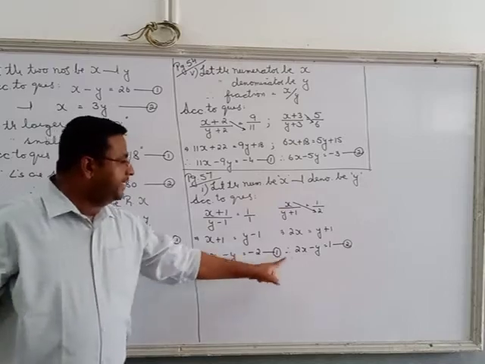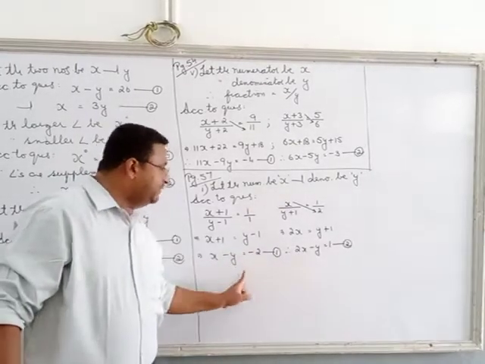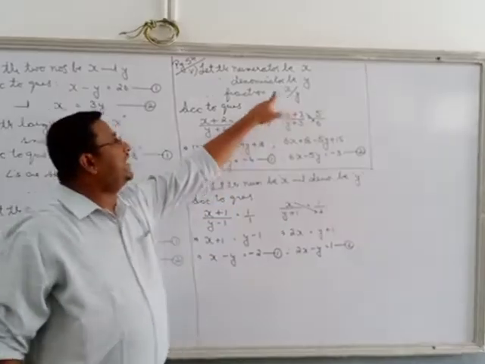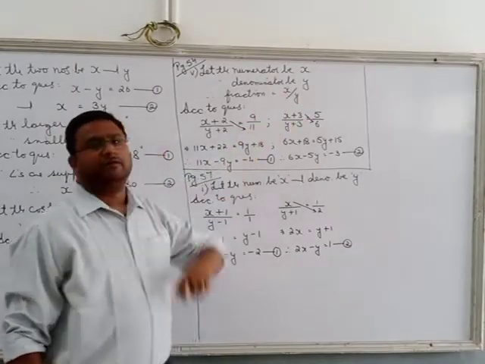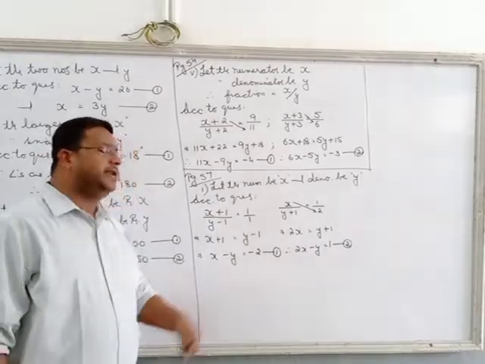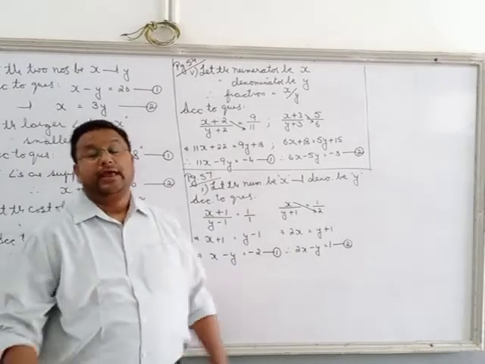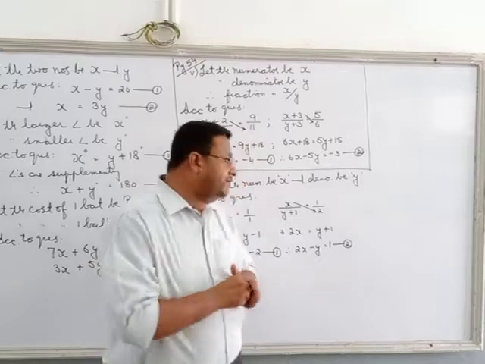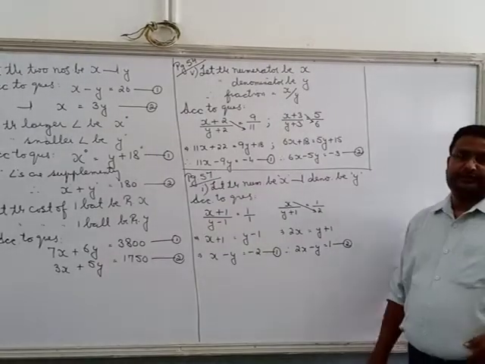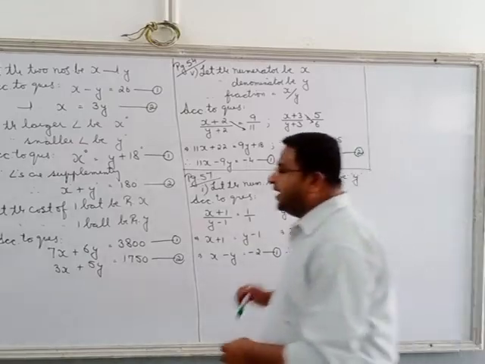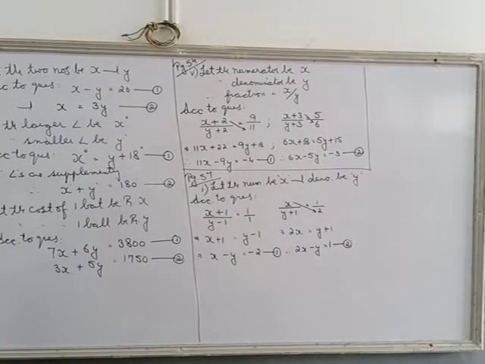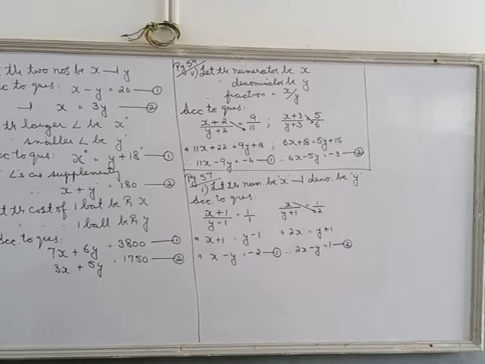Can we solve both of them? Get the values of x and y. The question says find the fraction, so the fraction will be x upon y. You can solve it by substitution, elimination, cross multiplication, any method. I would suggest that whenever you are solving word problems, solve by substitution or elimination. They are easier. The same kind of question is again there in your exercise 3.5, page number 63.